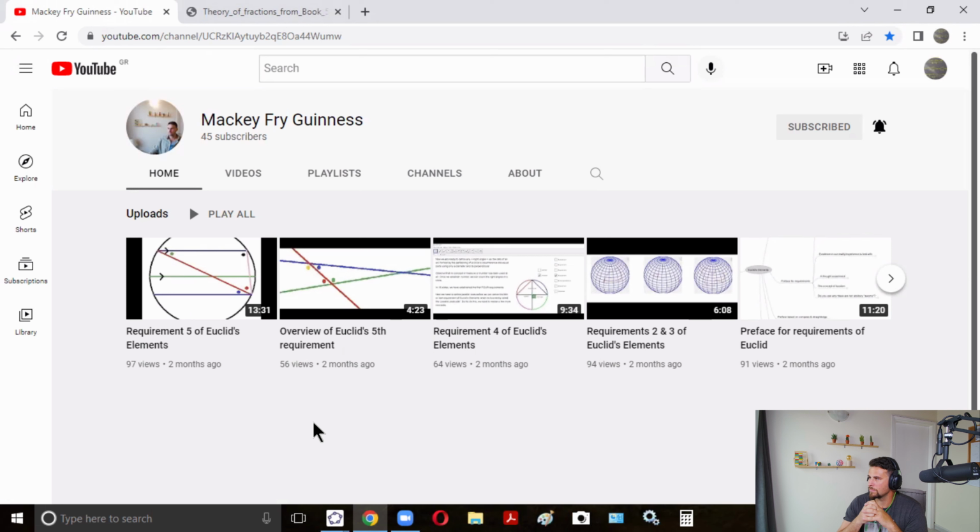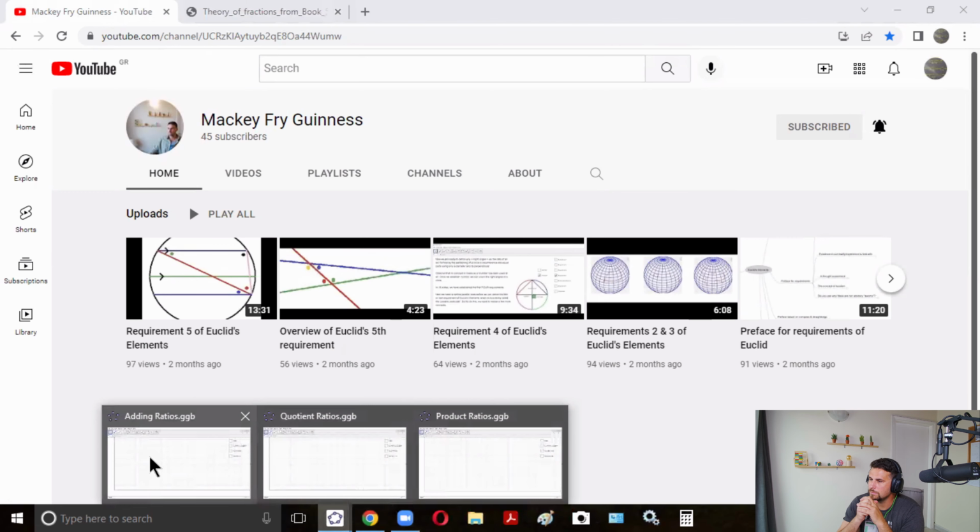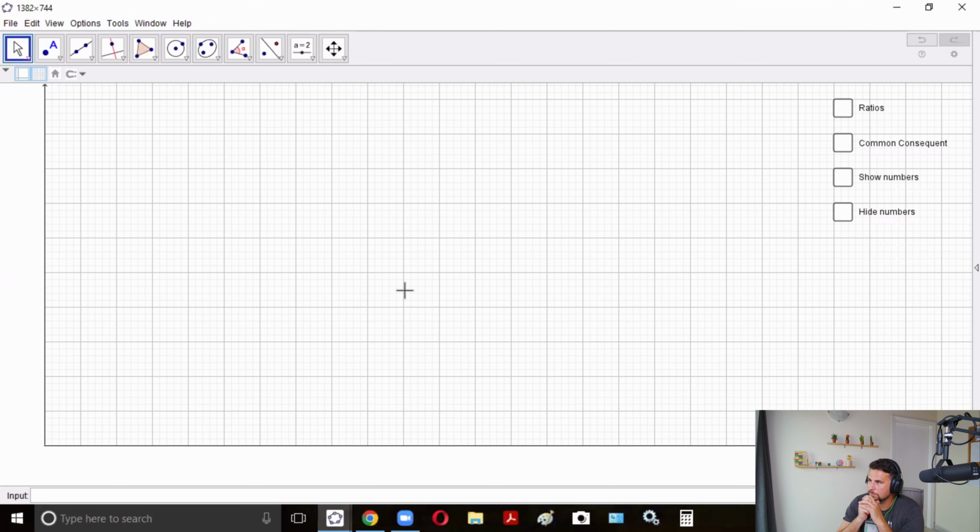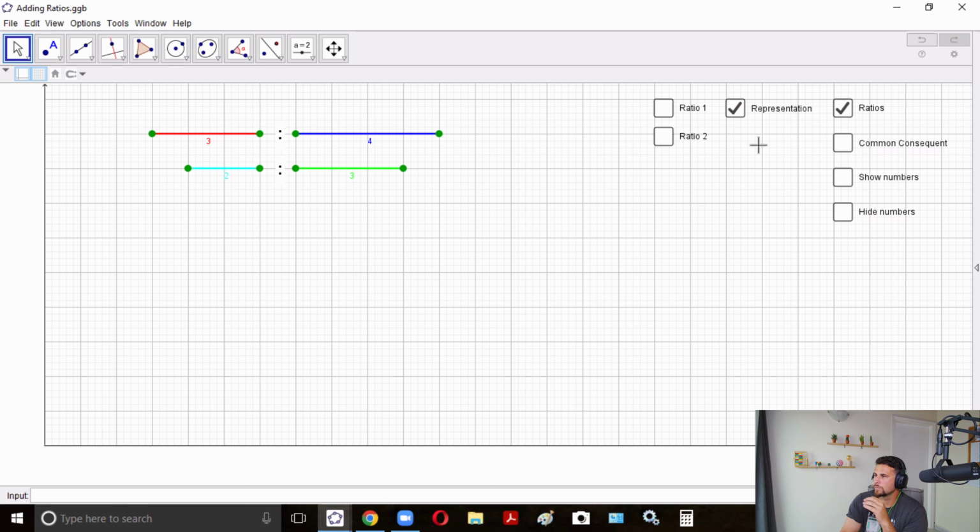ratios. So the first type of arithmetic I want to show you is the arithmetic that we have when we try to, for example, find the difference between ratios, okay, or the sum of ratios. So we have two ratios here, which are displayed by this red and blue line and this light blue line and green line. And we can actually use the fact that